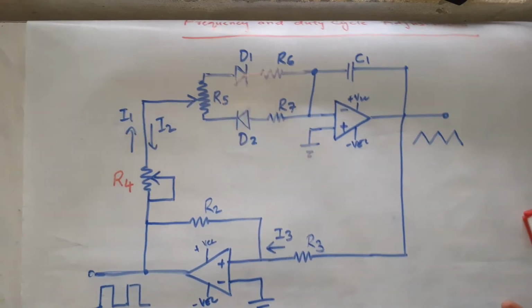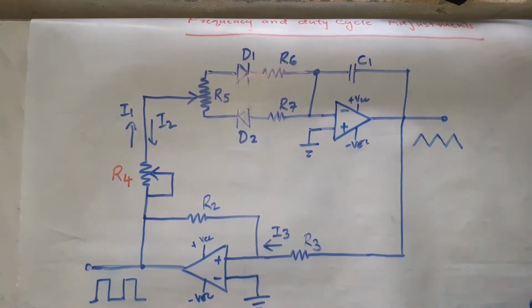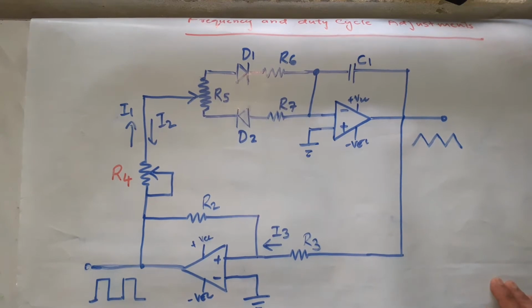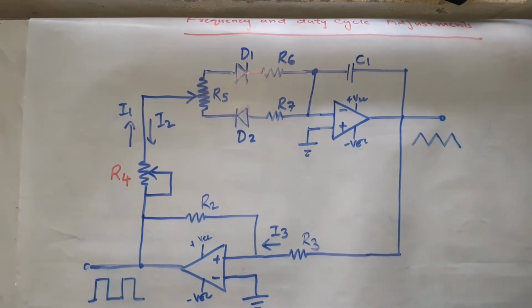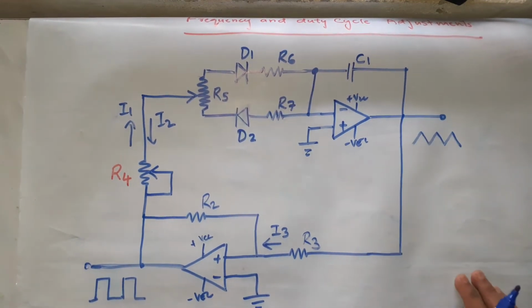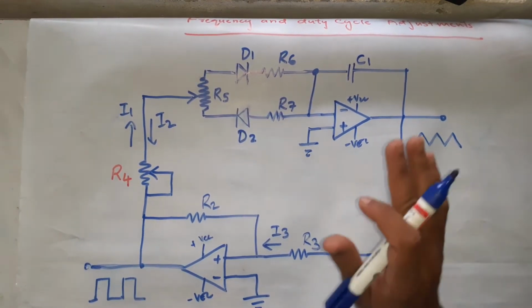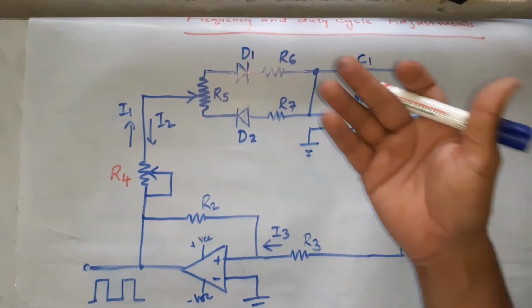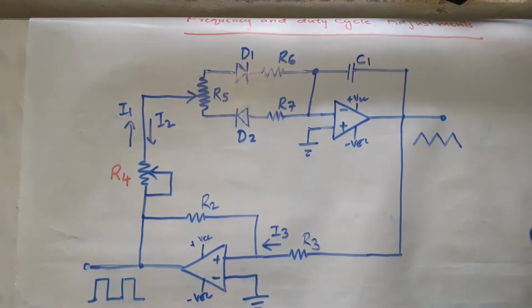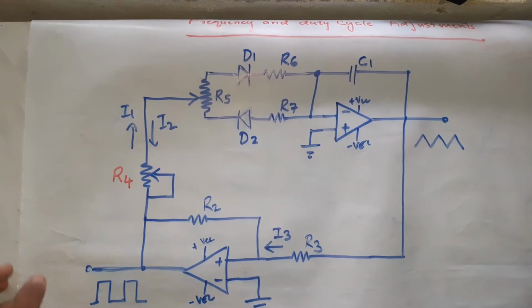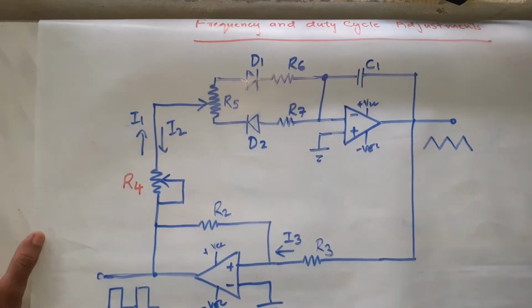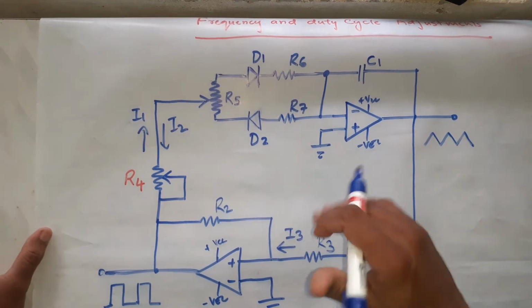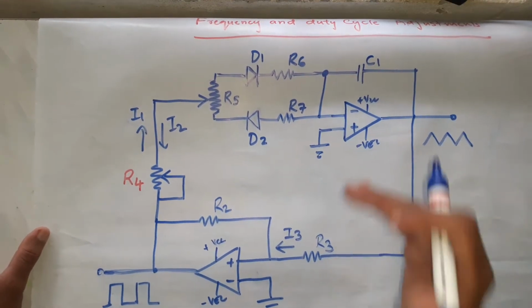In your exam, he will ask you a rectangular or triangular wave generator with frequency and duty cycle adjustments. So in that case, you have to draw this circuit only. Don't draw the basic one. Only in case he has not asked you this can you draw the basic one. It's better if you draw this in any case, because you won't be losing anything. This is with control and that is without control, so with control is better to draw.